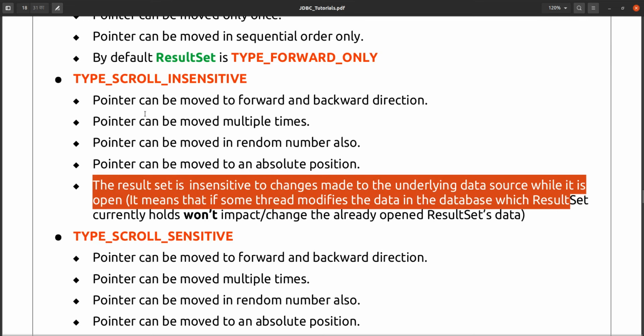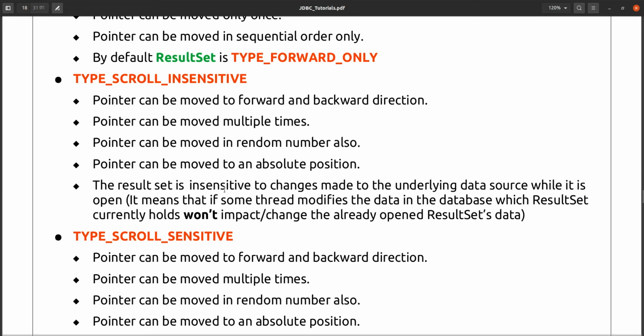So type scroll insensitive says that the result set is insensitive to change made to the underlying data source while it is open. Suppose you have taken your result set from the database, later on some other thread came and changed the data in the database.